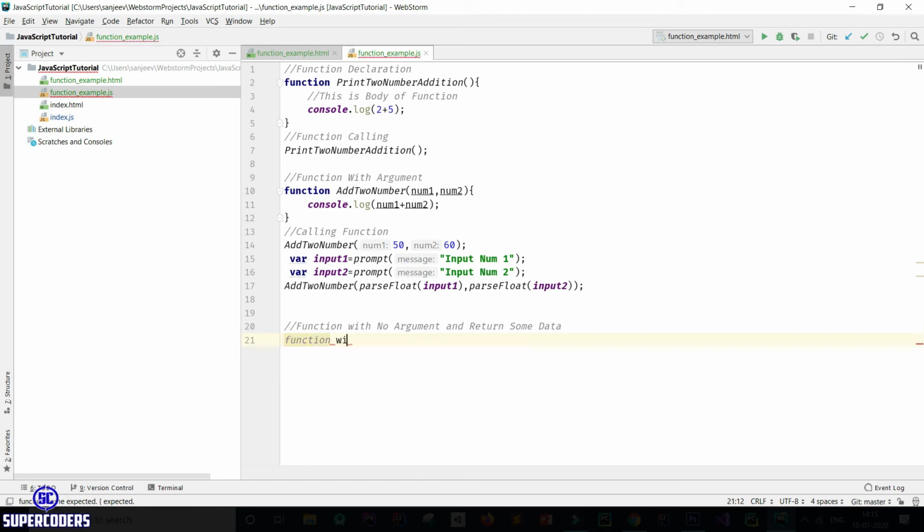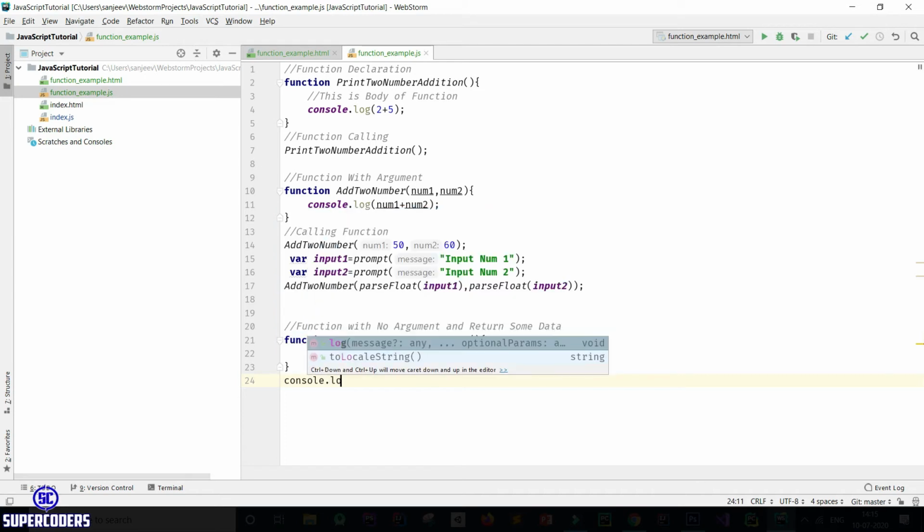This is the function name, adding parenthesis, then returning a number, like returning 5 plus 7. Now let's access this value. So adding console.log, and you can pass the function name directly here also. So I'm just passing the function name in console.log here, then the bracket.